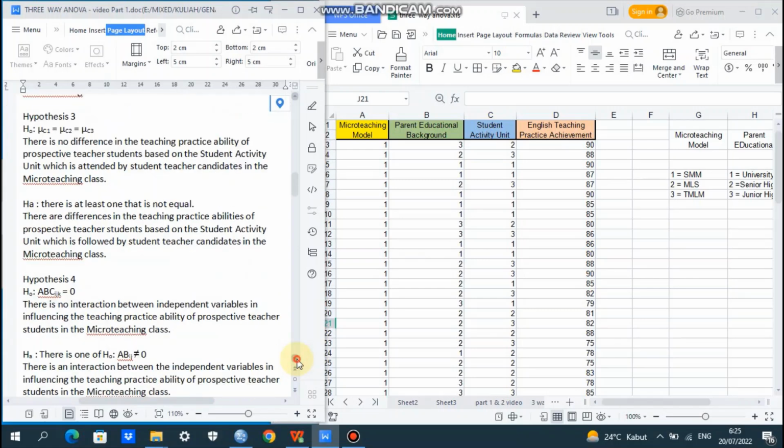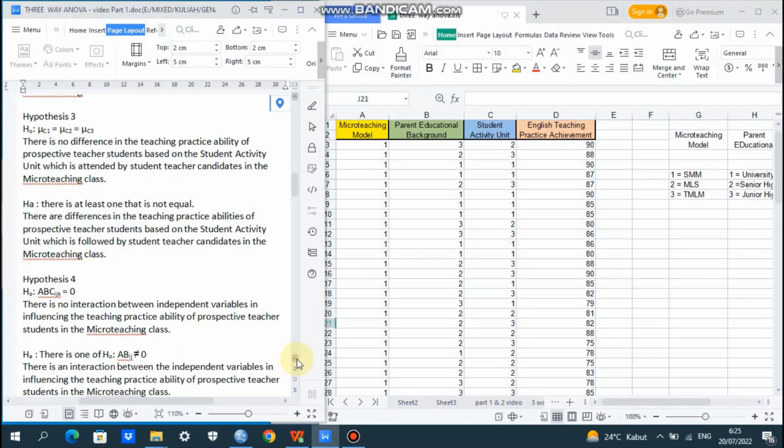Okay. Next we go to hypothesis number 3. H0 is mu C1 equal to mu C2 equal to mu C3.